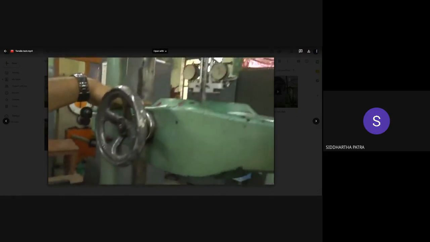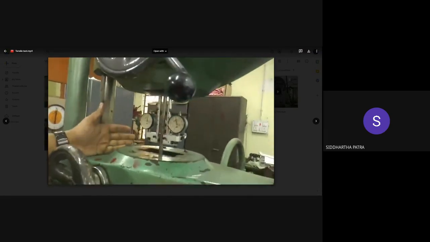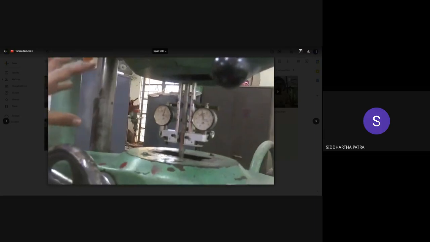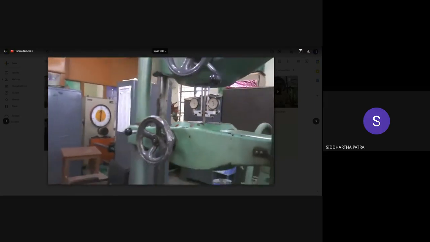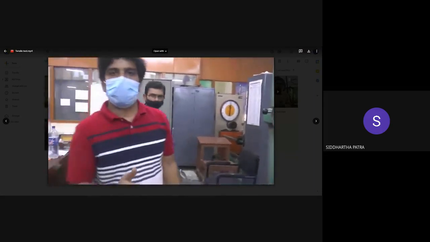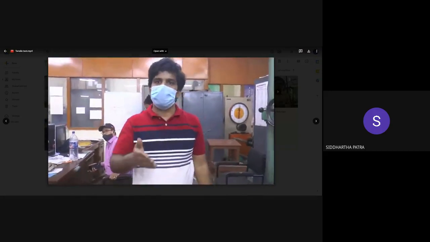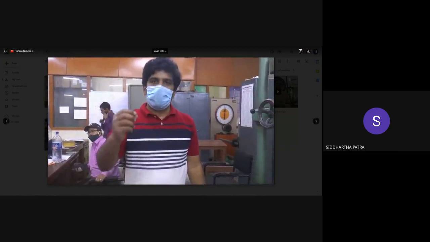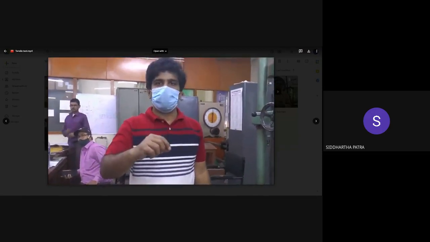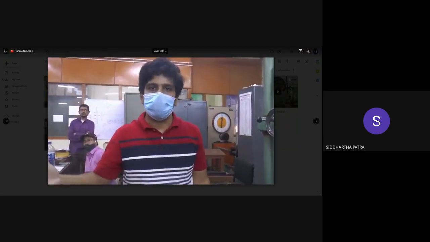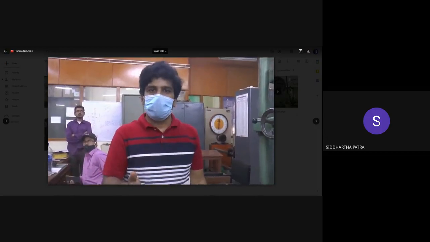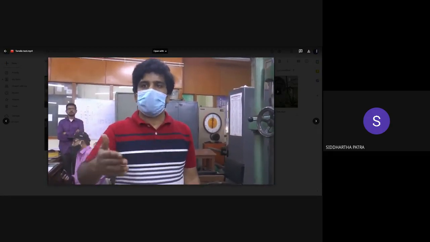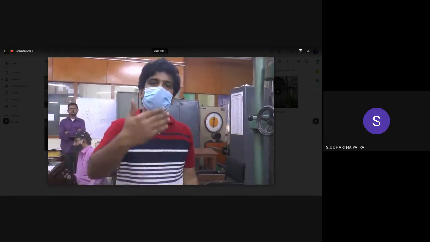But one more thing. As I mentioned earlier, the working length of this extensometer is up to 5 millimeters. From 0 to 5 millimeters of elongation, we can use this extensometer. Now, as you might know, the material has substantial elongation in the plastic region. Let's say you are testing a ductile material, in the plastic region it will have several times higher elongation than in the elastic region. And when does the plastic deformation start? It starts beyond the yield point.